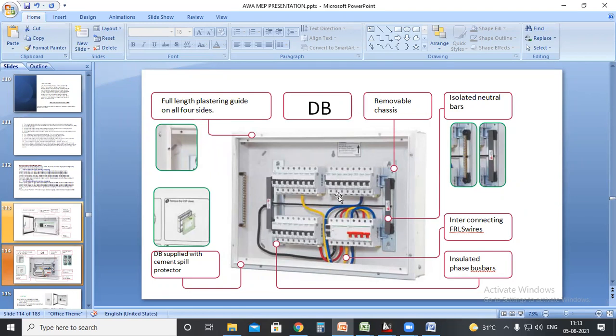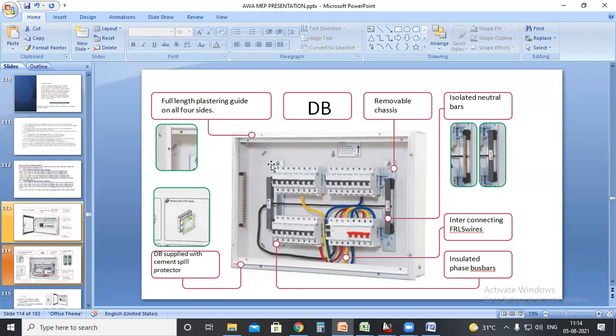For a normal building, the supply will be coming from the nearest energy meter or the nearest electrical bus bar panel board. So we'll be having three phases and neutral coming together. You can see it is coming like this, entering the RCCB or the isolator. Both are connected in series. From this, one goes to the R phase, one goes to the Y phase, and this one goes to the B phase.